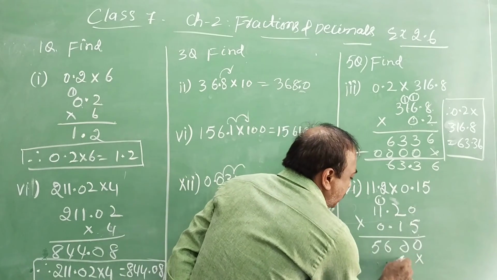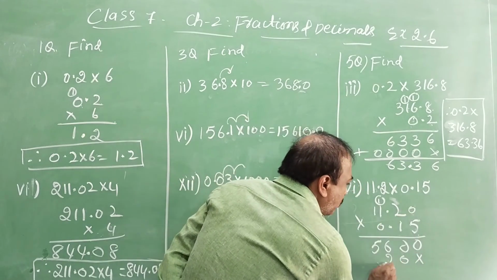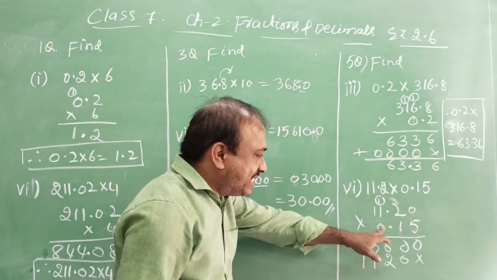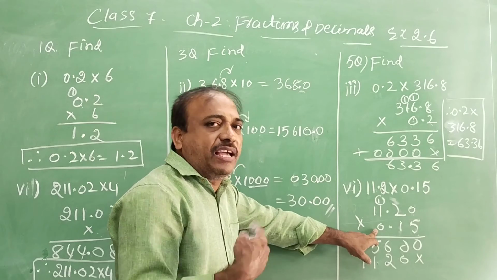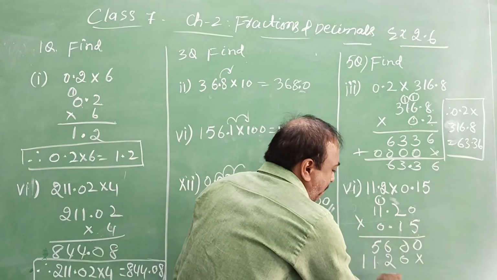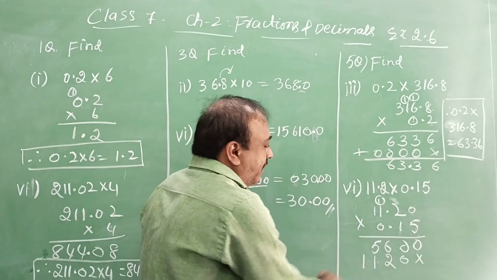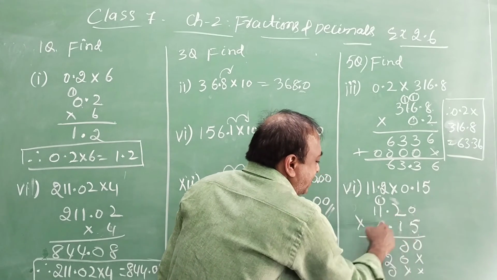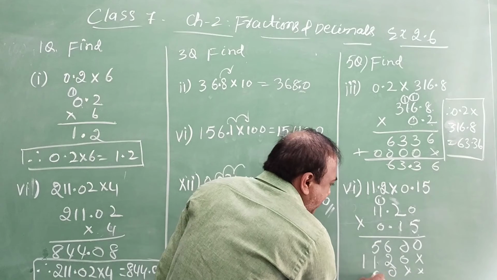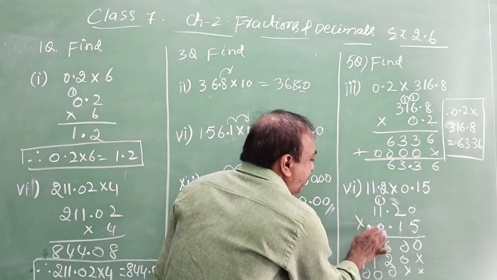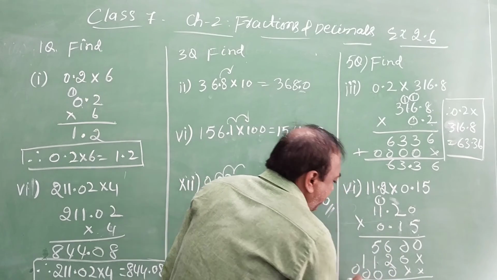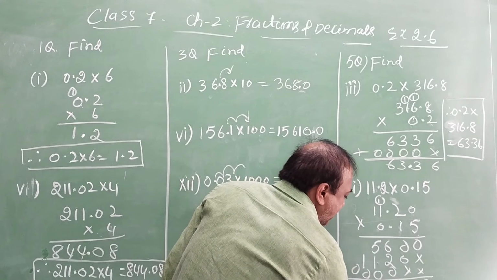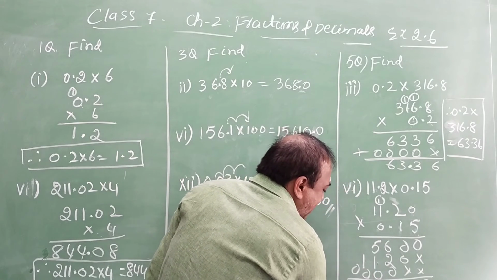Next 1 zeros are 0, 1 twos are 2, 1 ones are 1, 1 ones are 1. As it is 0, it is up to you whether you multiply or you can leave it. But if you multiply, you will get one more line. So zero is next. 0 ones are 0, 0 twos are 0, 0 ones 0, 0 ones 0. So when you add 0, 0, 8, 6, 1, this side is 0.